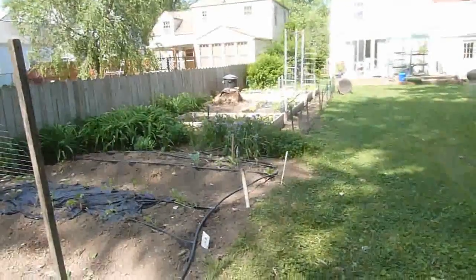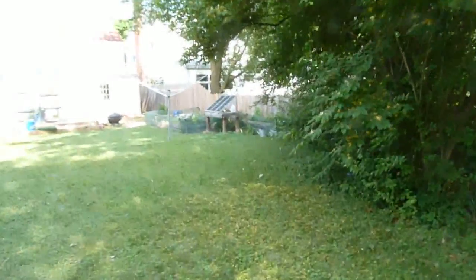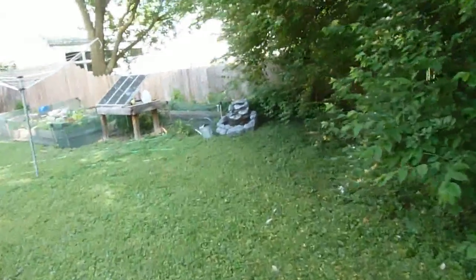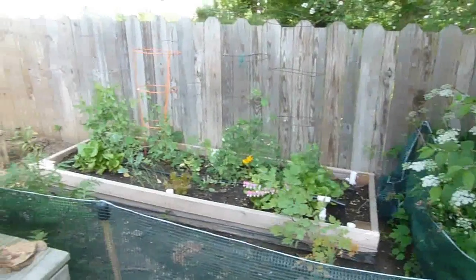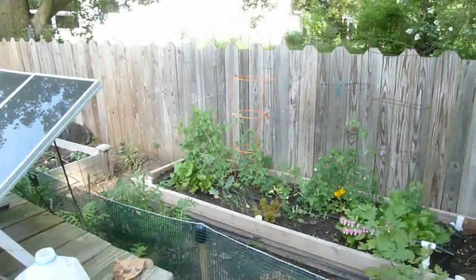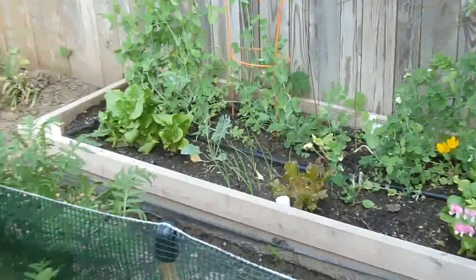But there's the view from the east. And there's some more beds over here on this side. These ones seem to be doing a little better for some of the shade lovers. They don't get so many hours of sunlight. I got peas in the back, and some lettuce, and there's a broccoli there that I think was damaged by the green looper worm, and I treated